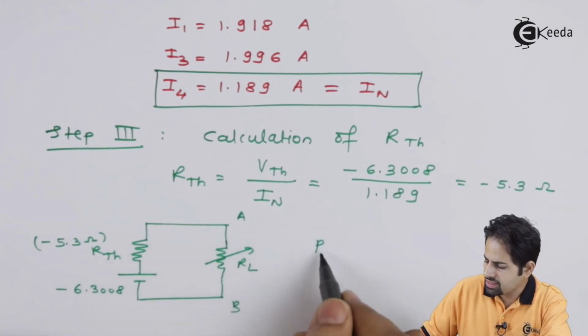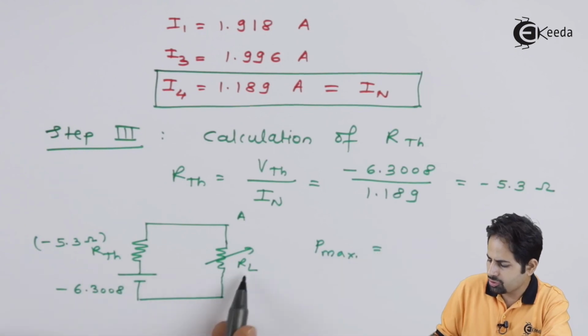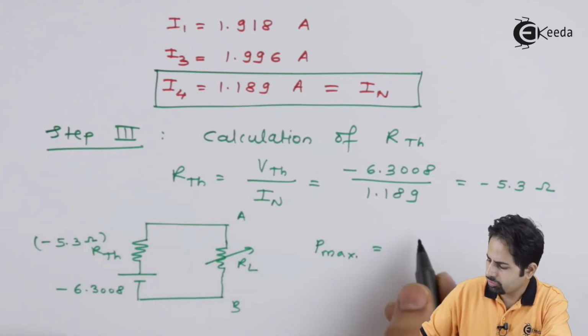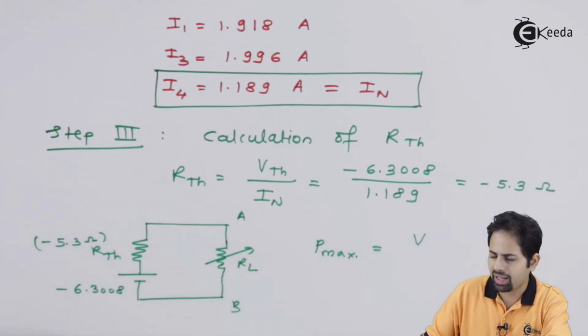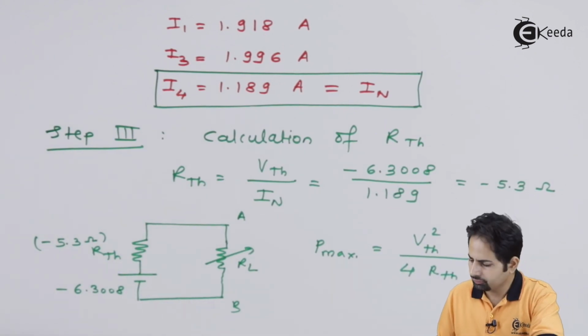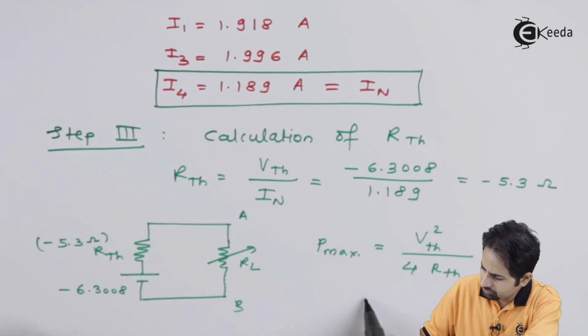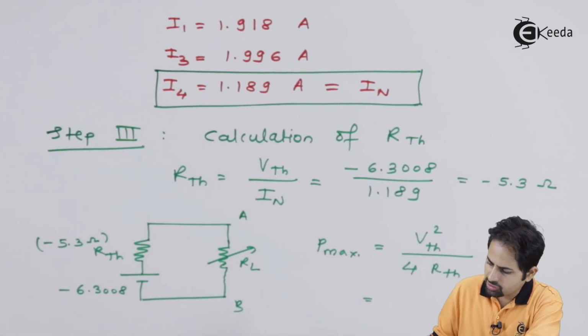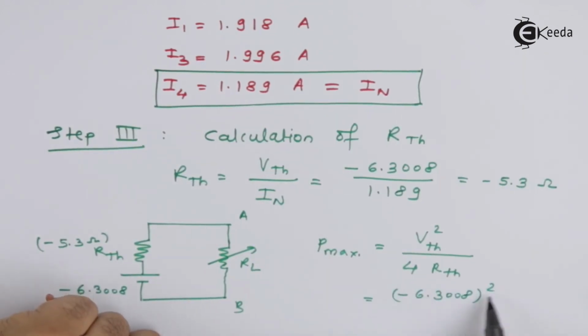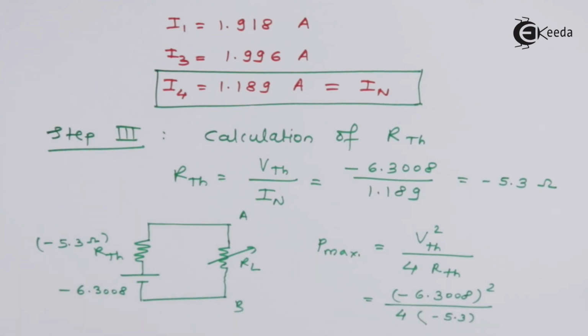Now the condition for maximum power transfer is that RTH should be equal to RL, and there is a small derivation by which we can deduce the formula that P max, the maximum power transferred, is equal to VTH square upon 4 times RTH. VTH square is going to be minus 6.3008 square, and RTH is negative, that is minus 5.3. Let's calculate this. The answer comes out to be minus 1.87